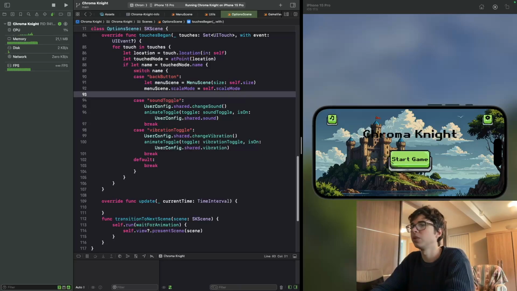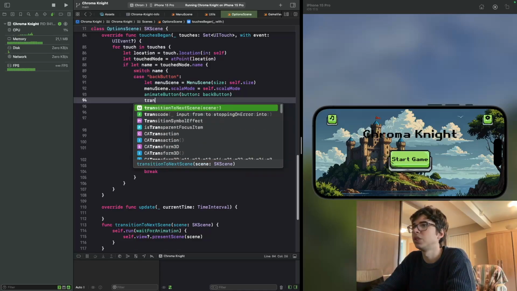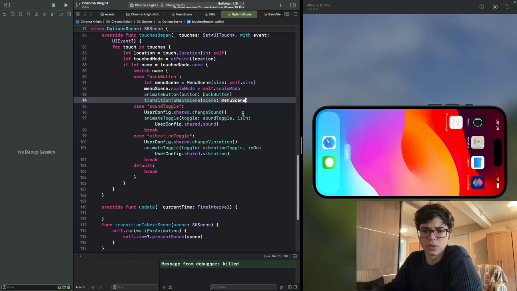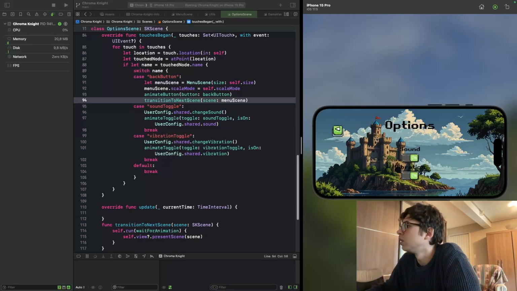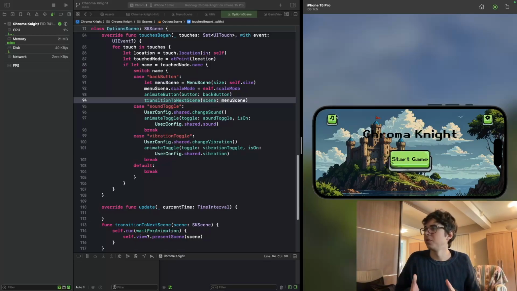We can go animate button, back button, transition to next scene, menu scene. Okay. Now we have everything working with animations to next scenes, toggles for the options. I think now we have a fully working menu,